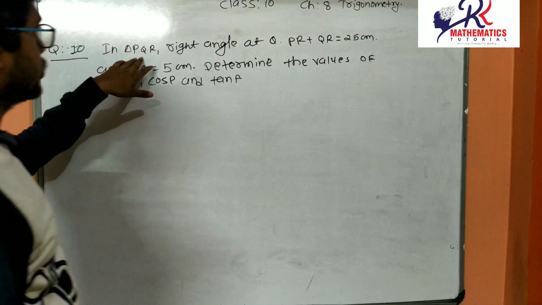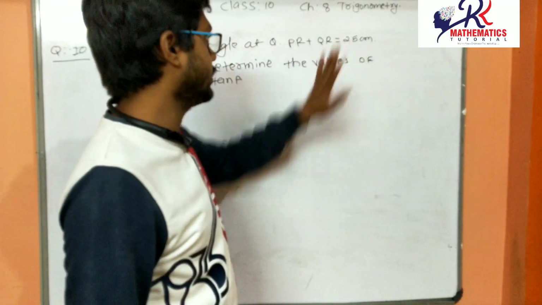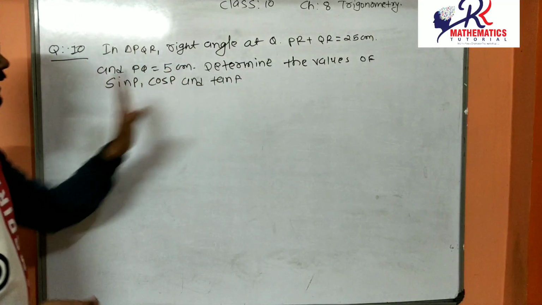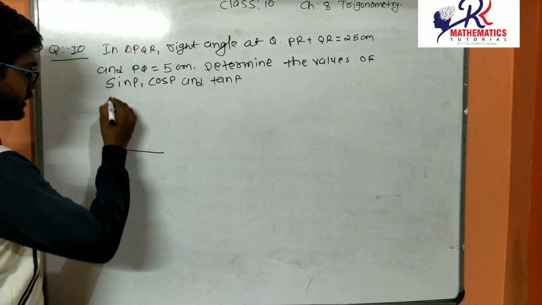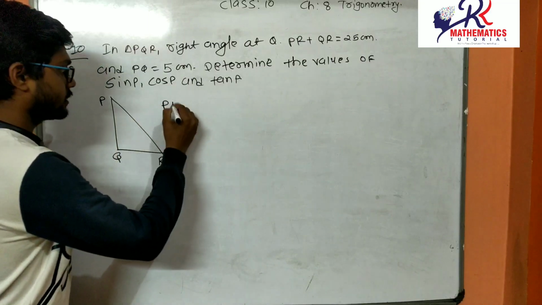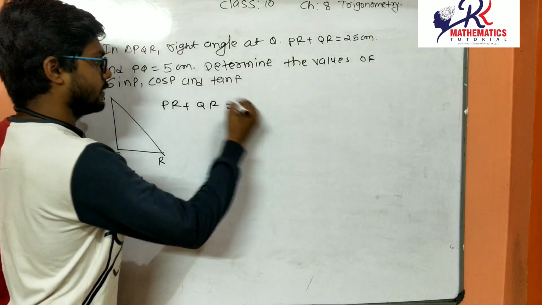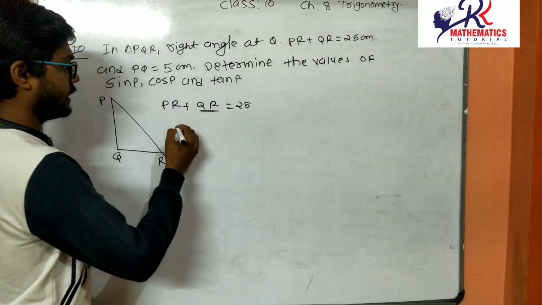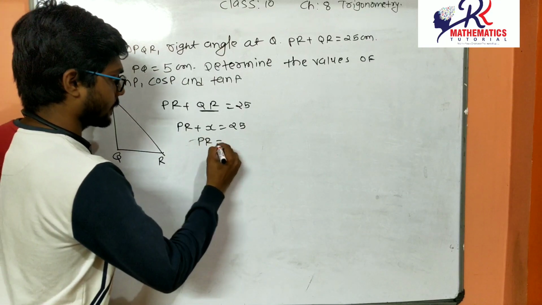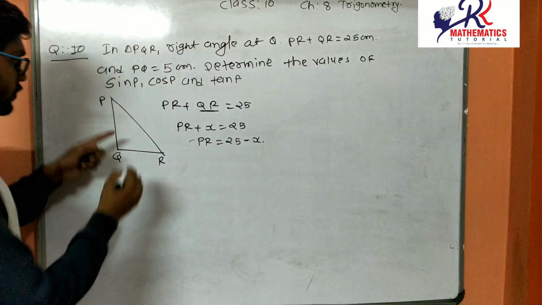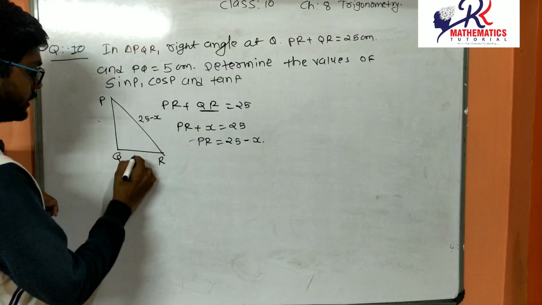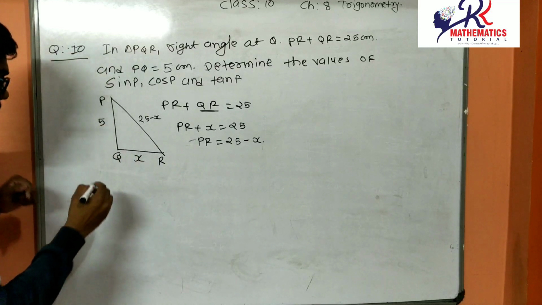Then, in triangle PQR, right angle at Q, PR plus QR is given as 25 cm and PQ is 5 cm. Determine the values of sin P, cos P and tan P. So a right angle triangle PQR is given, and PR plus QR is 25. For simplification we take QR as x, so PR is 25 minus x. So PR is 25 minus x, QR is x and PQ is 5. Now using Pythagoras theorem,